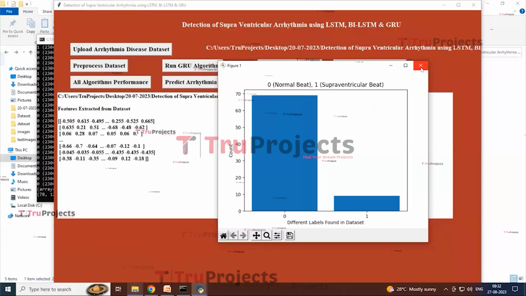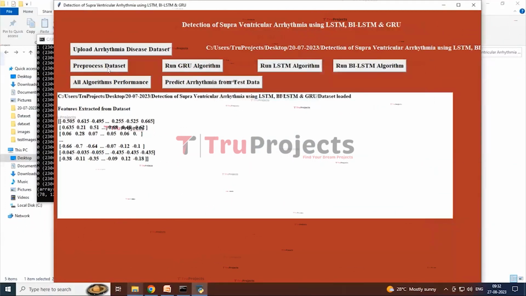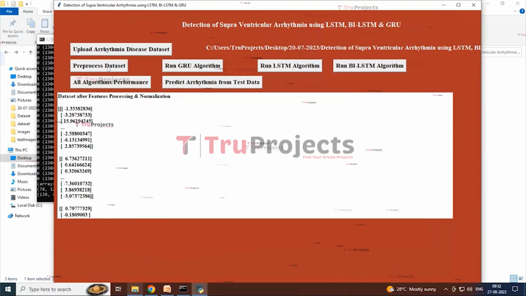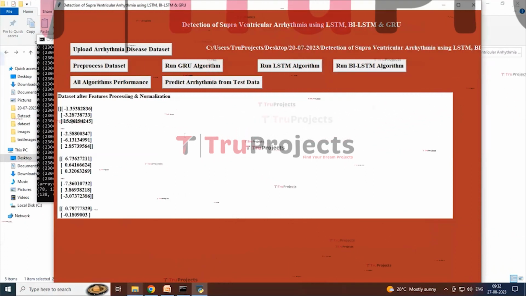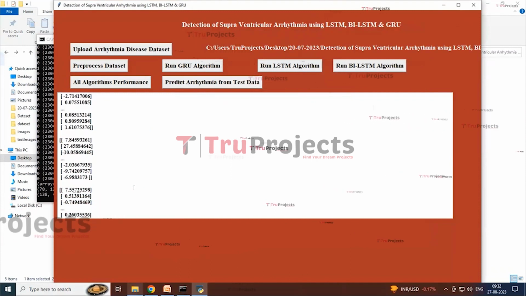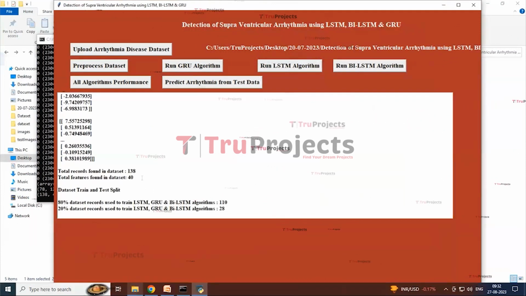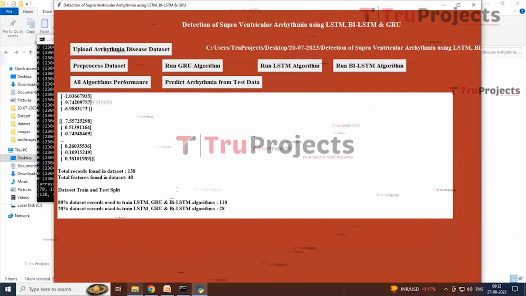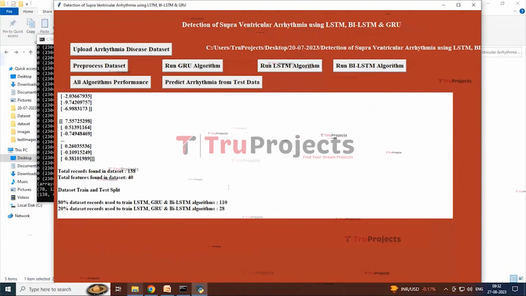So now closing this graph, now click on pre-process dataset button to replace missing values, normalized values, and then split dataset into train and test, and then we'll get the output. So here we can see dataset values are normalized, and we can see total records found in dataset as 138 over here. By scrolling down we can see this over here, and for each record contains 40 features, and we got here 80% accuracy for training, and data records as 110 and 20% test records as 28. So now train and test data is ready, and now click on run GRU algorithm button to train GRU for